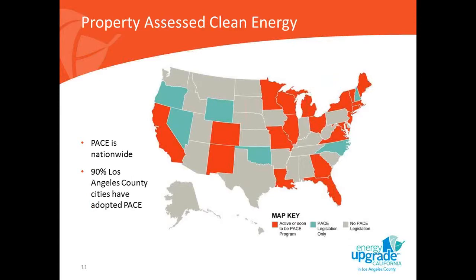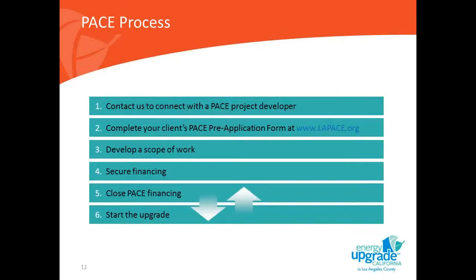This graphic actually needs to be updated because a number of states are considering legislation in the middle part of the country, but 28 states have passed enabling legislation just since 2009. California was first, but this concept has really gone national in a big way, very fast, and programs tend to be set up differently in different locales because the laws differ, especially state by state. But in California, in this market, LA, San Francisco, and California First are all on this same open market model, and programs are popping up most places that you would look.